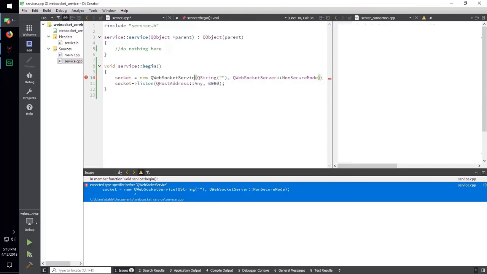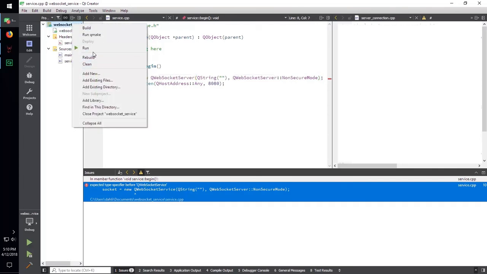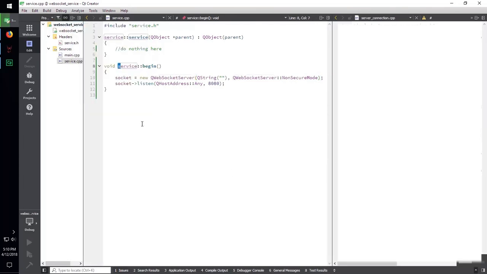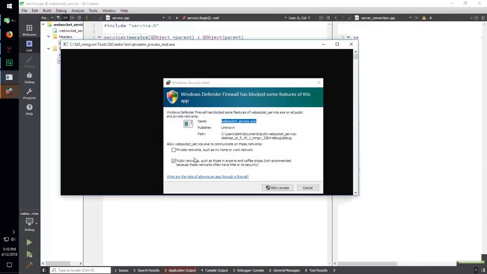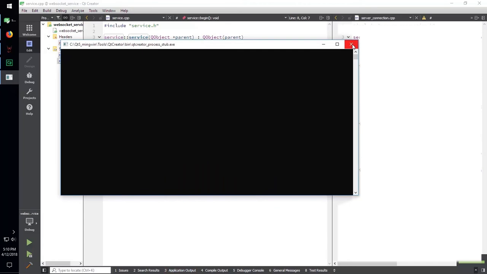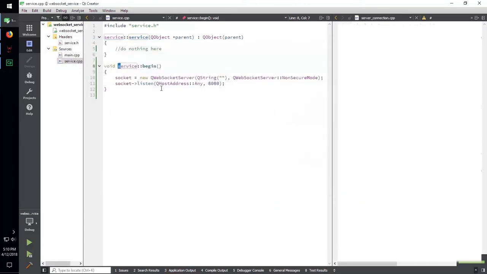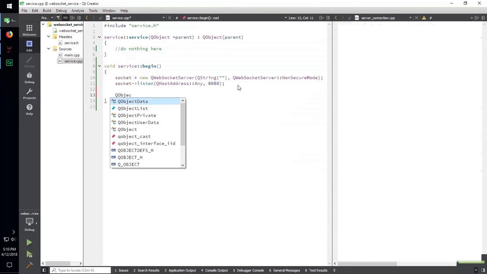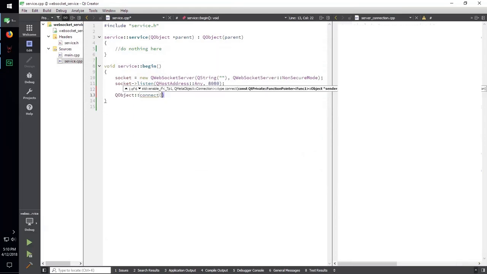Oh, you know what I did? I put service instead of server. There we go. And we're just going to allow access, on both private and public, so it does look like it's working. The next thing we want to do is create a signal slot connection, and when you see the